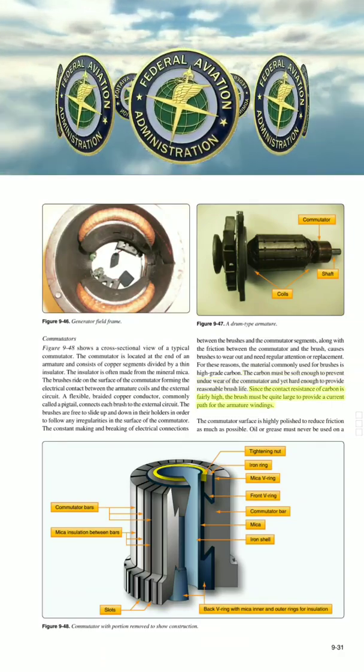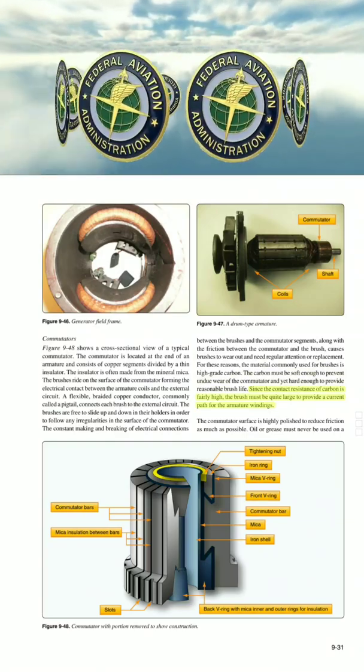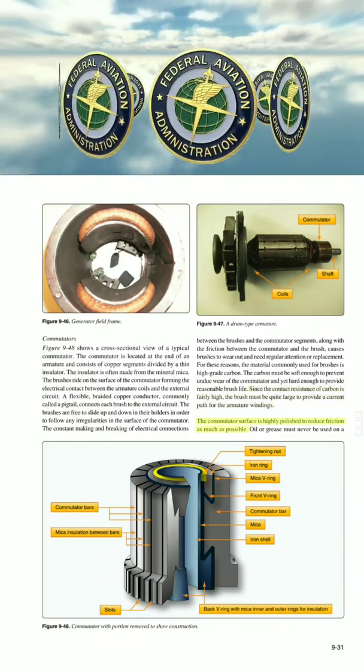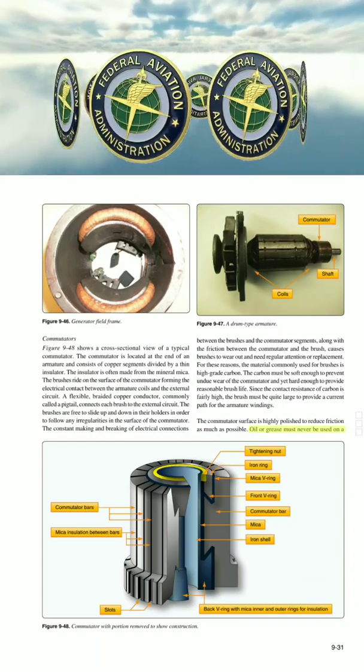brush life. Since the contact resistance of carbon is fairly high, the brush must be quite large to provide a current path for the armature windings. The commutator surface is highly polished to reduce friction as much as possible. Oil or grease must never be used on